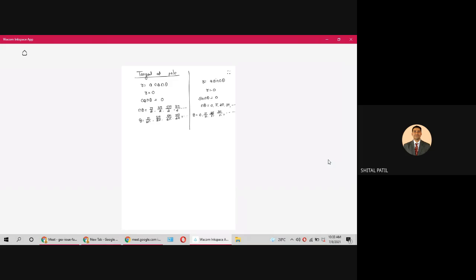Then we'll take the existence. In both cases, you might have understood the maximum value of R is A only. The maximum value of cos theta or sin theta is 1, so R maximum is A. So both the curves lie inside the circle R equal to A.